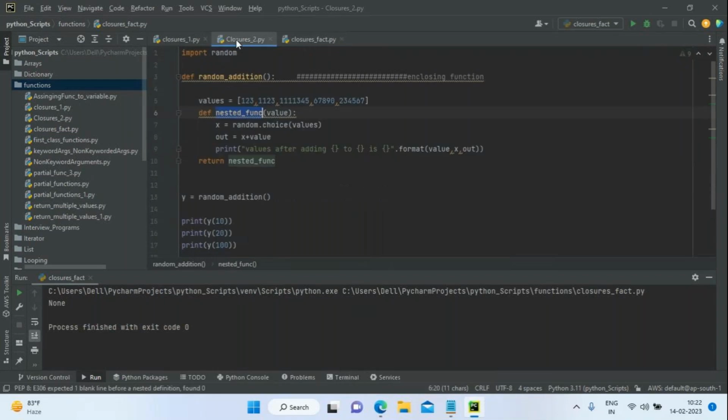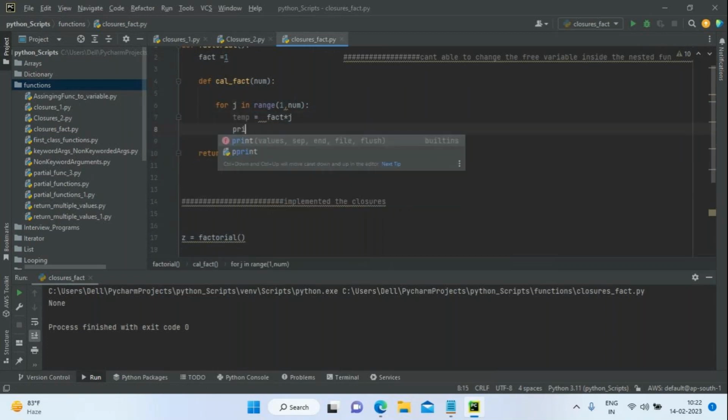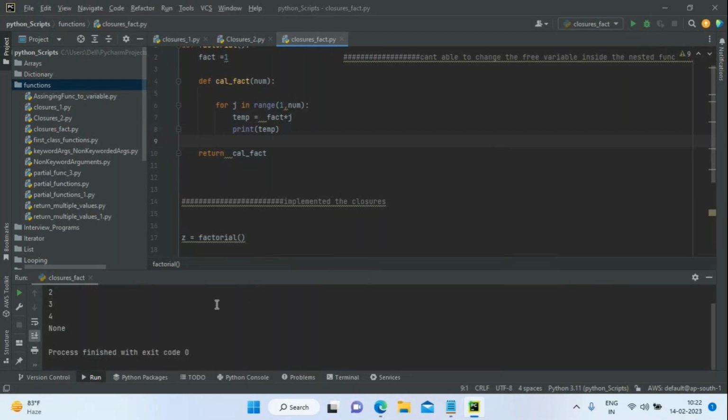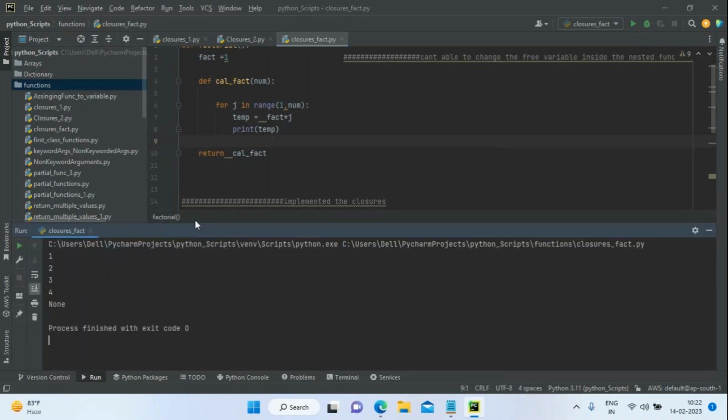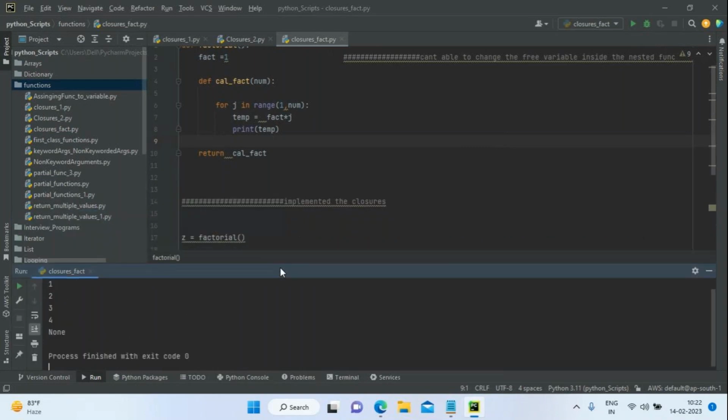Previously I used closures. Okay, let it be. It's a print statement of temp. Now it's giving 1 2 3 4, right? But I want to multiply with the same value. Now I want to multiply with the same value. For that,